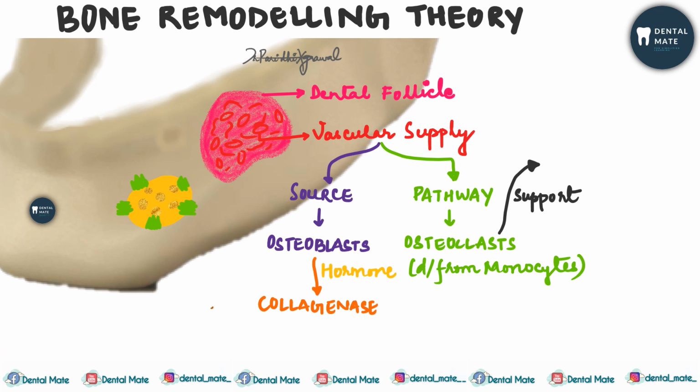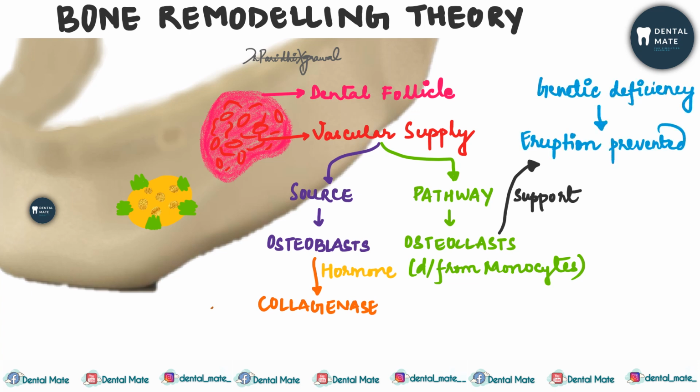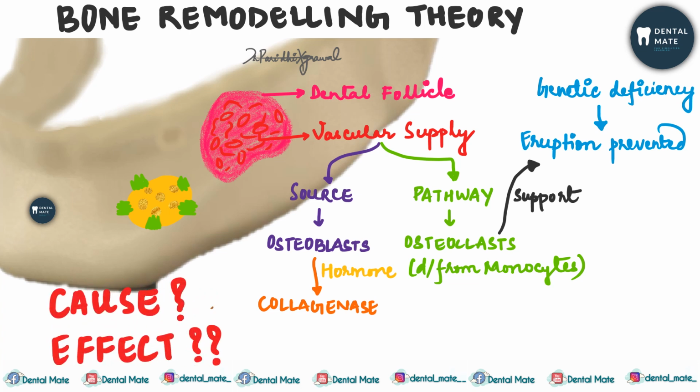Now, what is the supporting evidence for this? In animals that exhibit genetic deficiency of osteoclasts, tooth eruption is prevented. Now, whether this mechanism that occurs around the teeth causes or is the effect of the tooth movement,